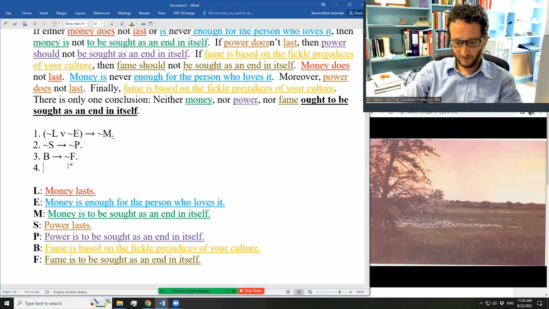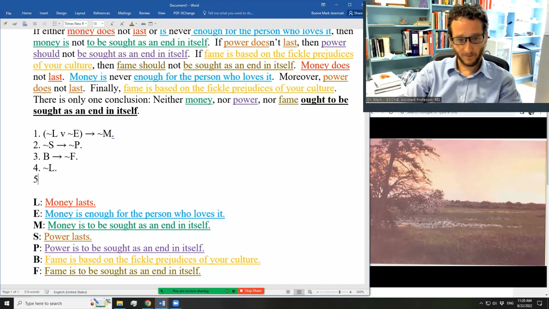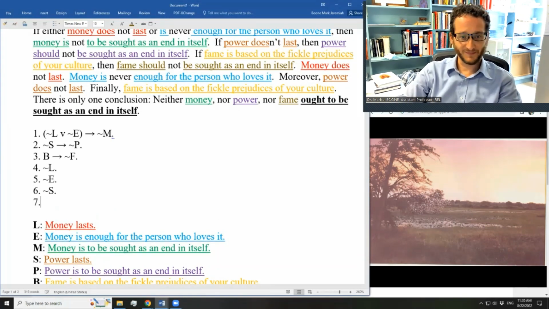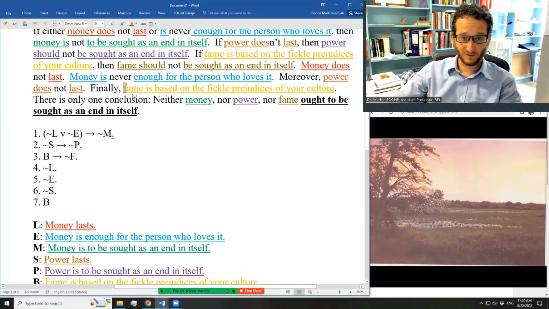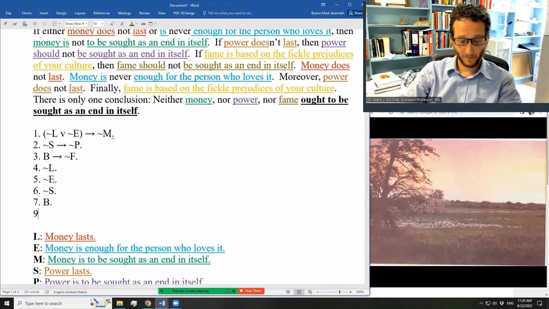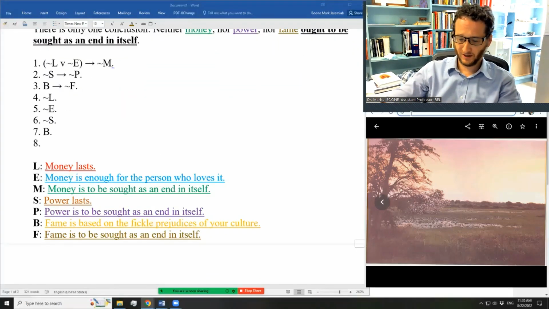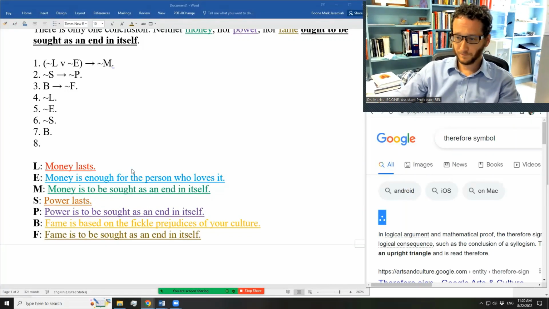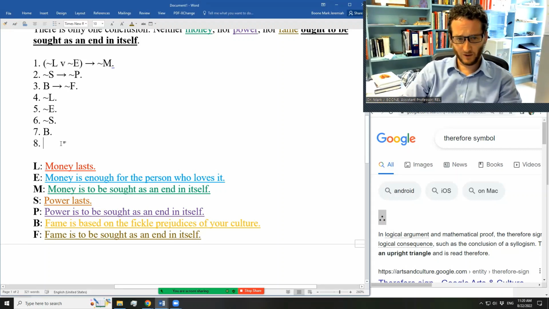So, well, we've got tilde L, tilde E, tilde S, B, fame is based on the fickle prejudices of your culture. There we go. And then finally, there's only one conclusion. None of these things is to be sought as an end in itself, which is to say, I'm going to need a therefore symbol too, aren't I? Therefore,